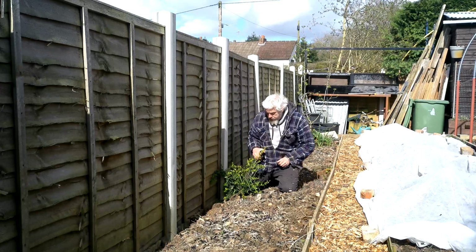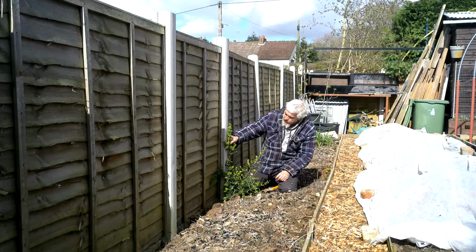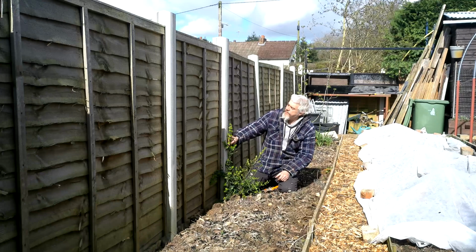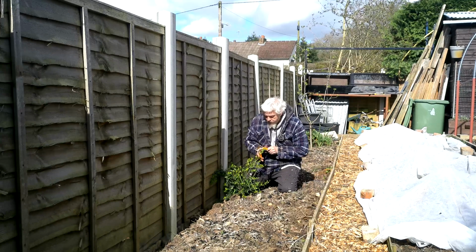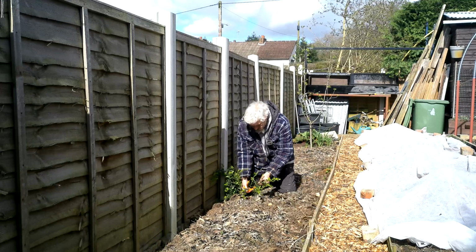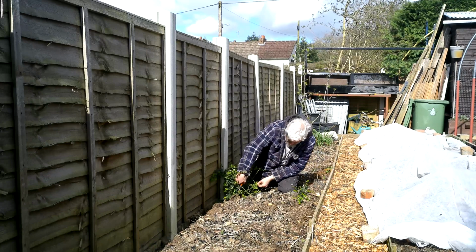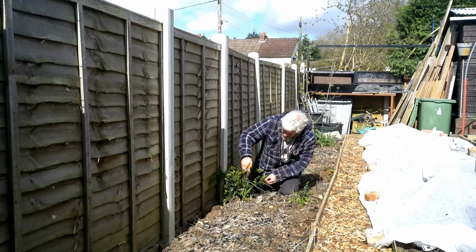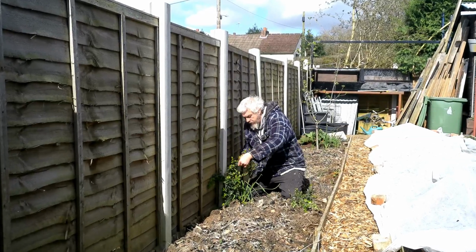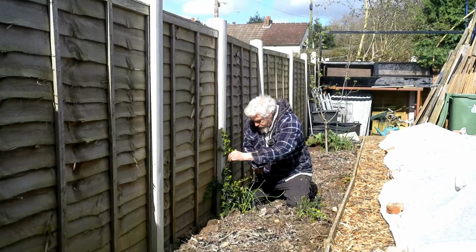So first of all, I think we're going to keep that as the main shoot to grow up this fence post, which means I can cut off anything else that's growing this way or sideways. So I'm going to start with this one, and that one, and this one. That's the one I'm going to keep,